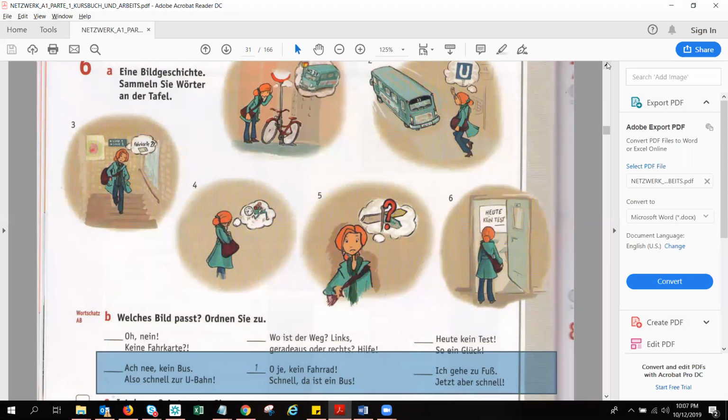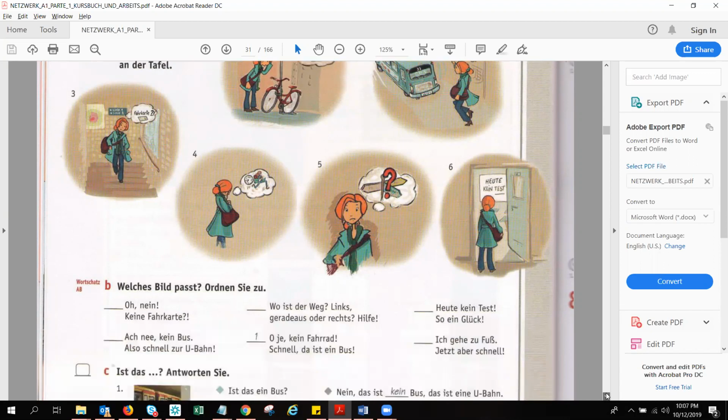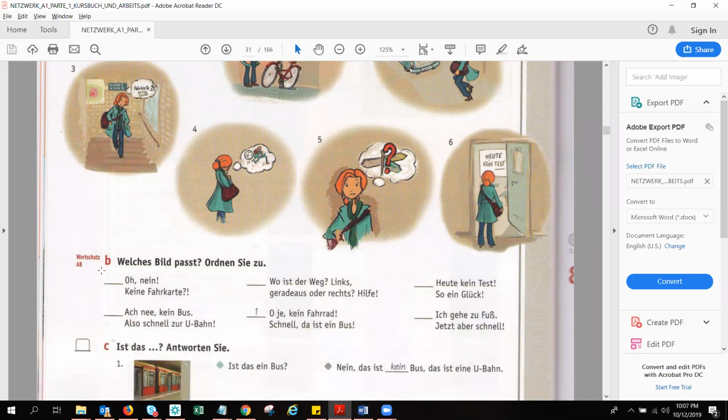One thing, Shruti, you have to work on the A part. Like it's not Farad, it's Fahrrad. Whenever there is an A, give it an A. Anyways, so we have arranged these according to the picture, but the meaning is here. Oje, kein Fahrrad. We have a few different expressions in this. Whenever you are expressing yourself in English, oje is like oh no, kein Fahrrad, no bicycle.